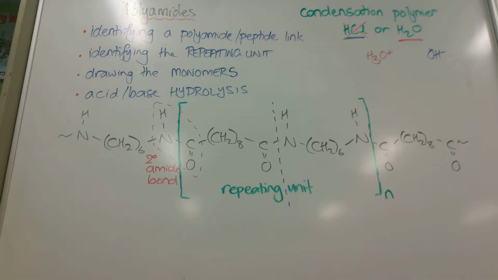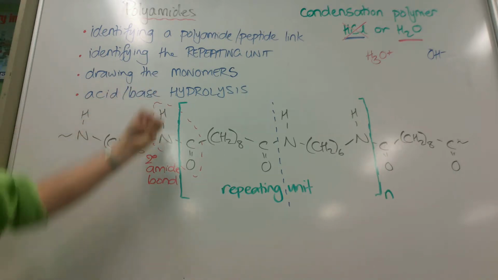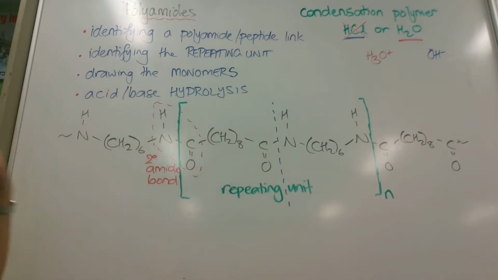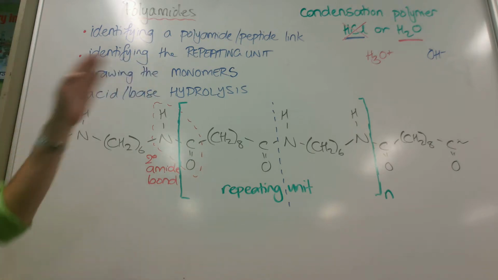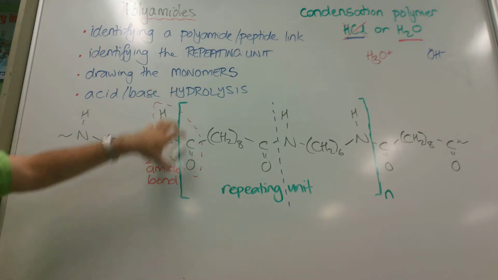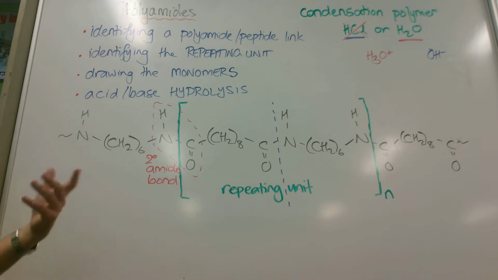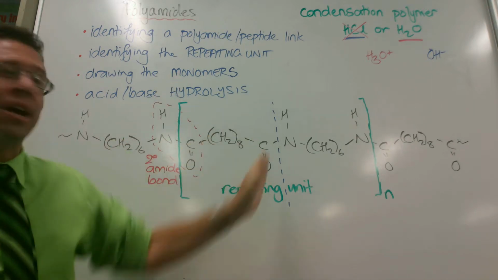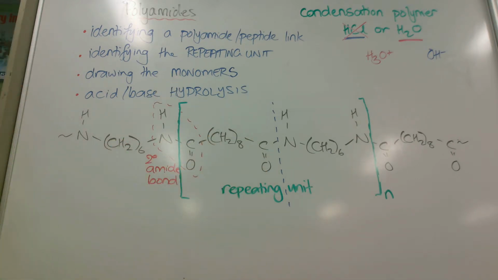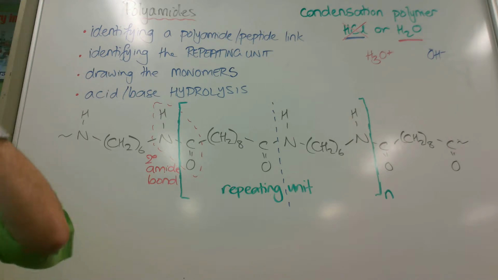So, same idea as before, they're going to break them at the amide link. Okay, it's the only place that these chemicals have got enough effect on these polymers. They'll only break them here, nowhere else. So that's what we're going to do again, is we're going to write what happens when we break them there, and then have a look at what happens. I'm going to use red for acid hydrolysis, I'll use blue for base hydrolysis, so you can see how the two products are slightly different. Okay, so